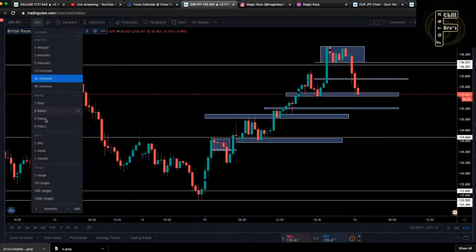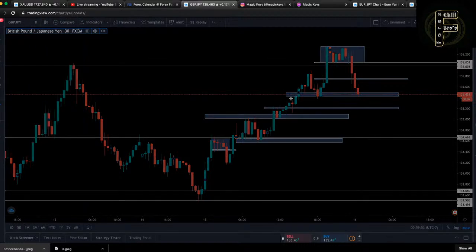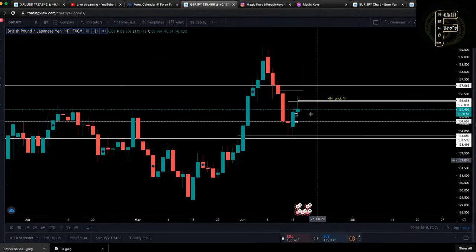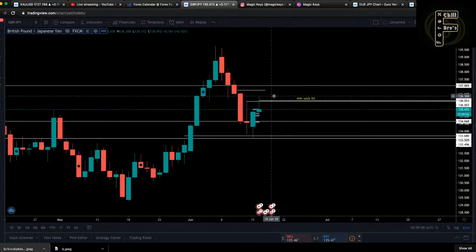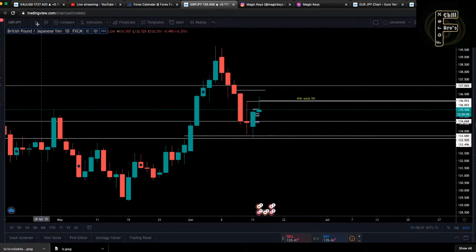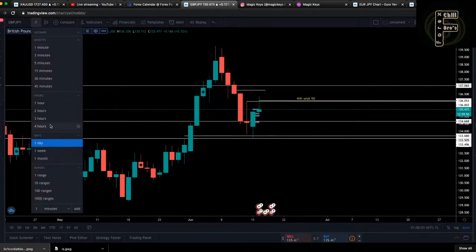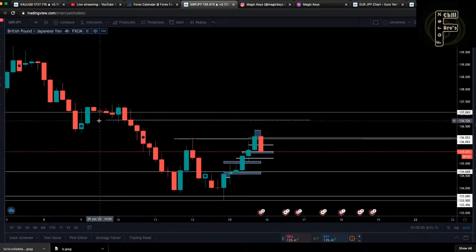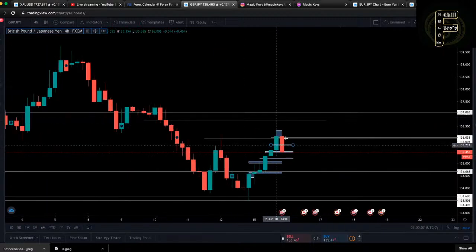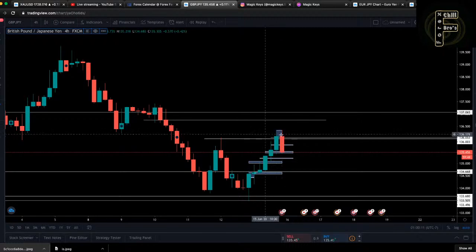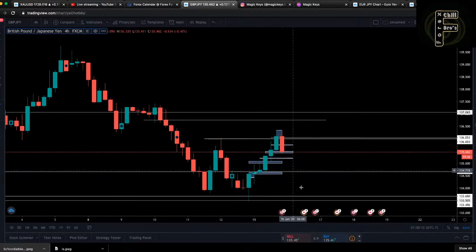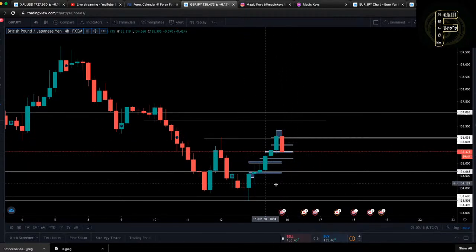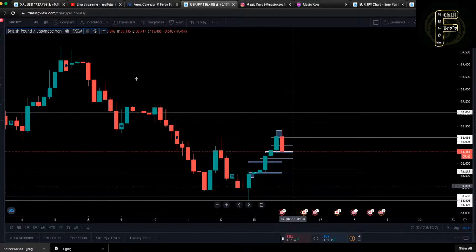What's the daily saying? Let's see the daily. The daily rejected the whole thing, pushing down. So it's ideal we find sells. The 4 hours is forming support. You already formed resistance, sorry. Then it has to go retest the support at some point. Where's the support down here? But like